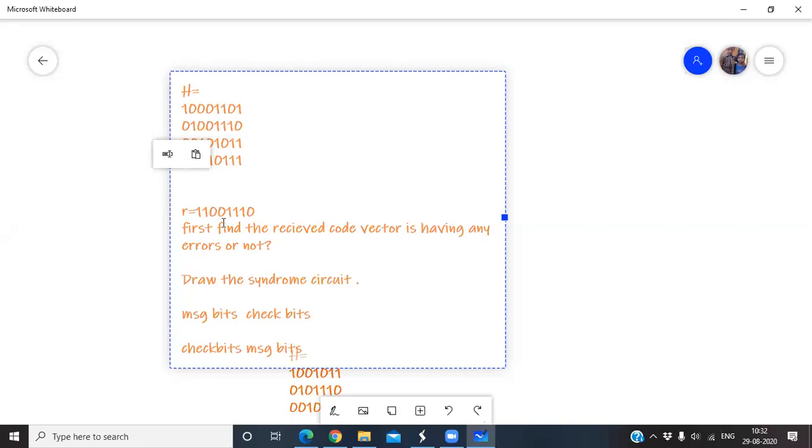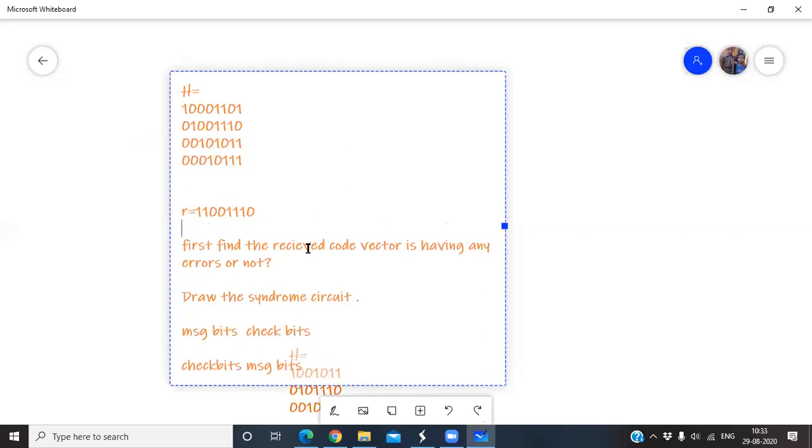Now again go for the same message bit combination 1110. What are the check bits? 0100. But here I want to write the check bits first, and I want to give some wrong code word. In place of 0, I have given 1 here. So 1100, and the message bits 1110. Now where is the error? There is an error in the first bit. Error in the first bit, so what is the correct code word?